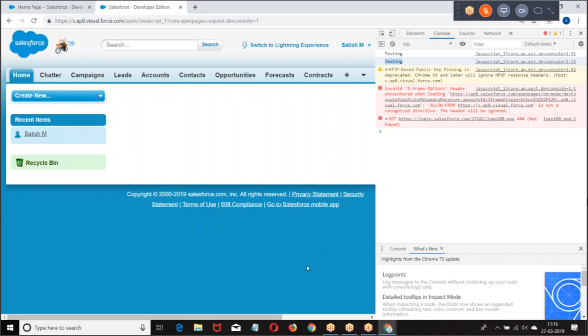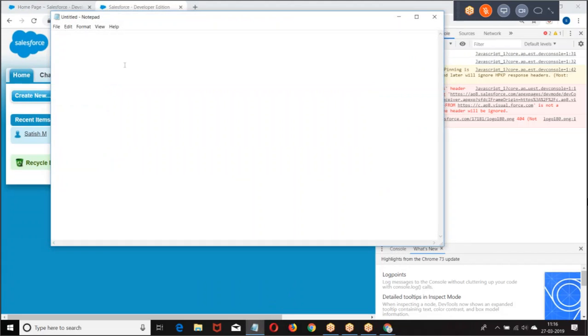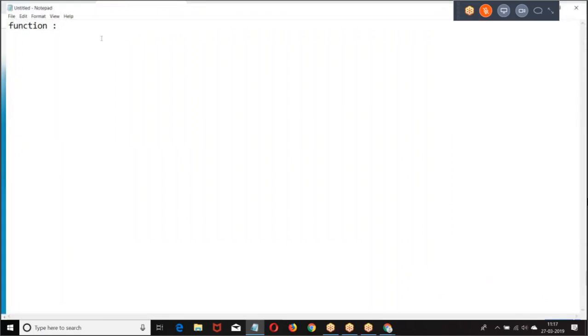Now, boss, I don't want the script to run when the page loads. I want the action to be performed when I click on a button. I want the action to be performed when I move the mouse, or when I double click the button. So in that case, I will go for events, and I will go for functions. How do you define a function in JavaScript? A function in JavaScript is defined like function,